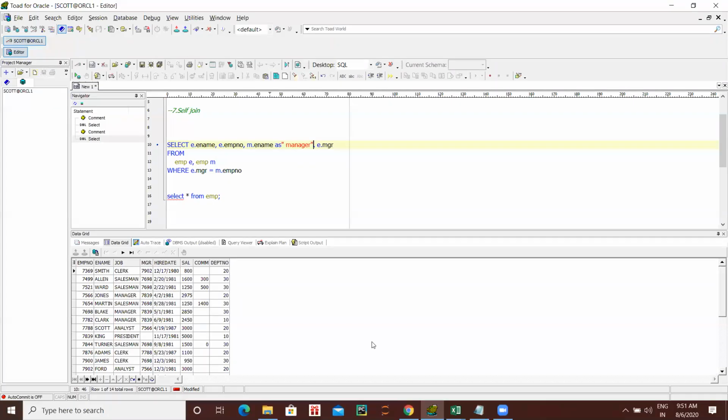If you select star from employee, you can see employee number is there and the MGR column is there.